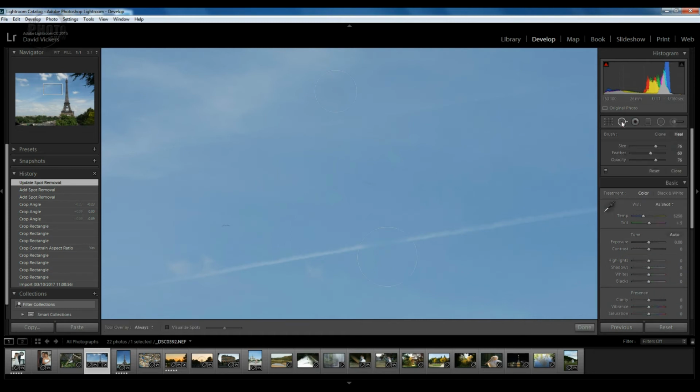Clicking back onto the spot removal tool, let's look at the other option we have, which is clone. What clone will do is help you to remove something from the image, but by choosing an area that you want to remove it from. So for example, with this plane trail here, if we click on that,